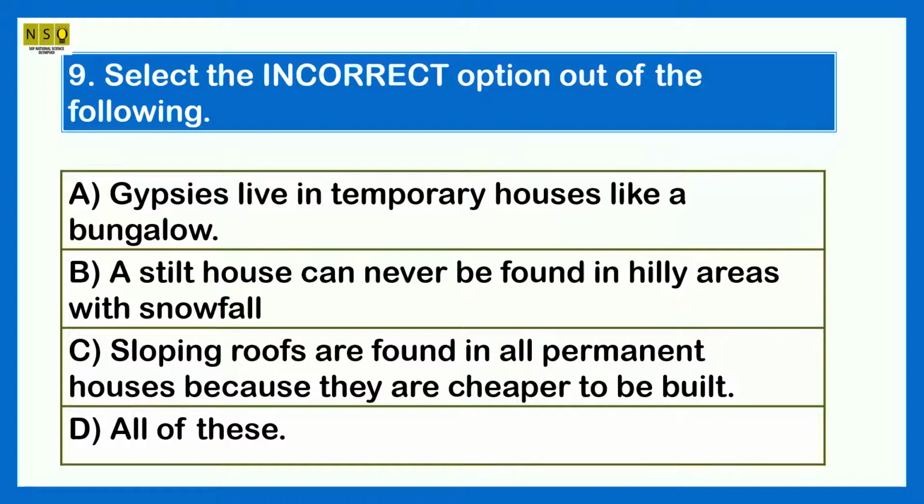Neela finds a piece of cloth whose characteristics are as follows. It entraps air, burns with the smell of burning hair. This shows that the piece of cloth is made up of dash. Option A, synthetic fiber. Option B, cotton fiber. Option C, jute fiber. Option D, woolen fiber. The answer is option D, woolen fiber. Woolen fibers entrap air to keep us warm and burn with the smell of burning hair because they are made from hair of animals like sheep, etc.